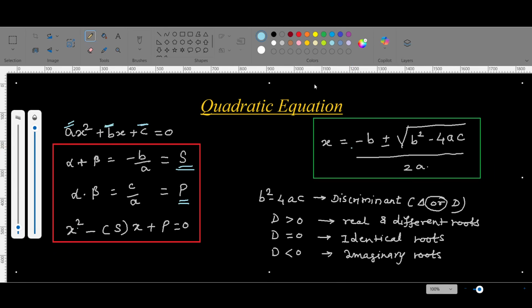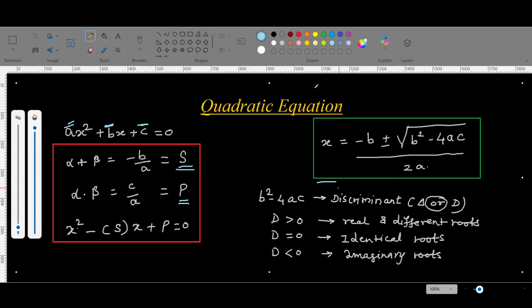In this formula, we use x equals negative b plus or minus root over b squared minus 4ac, divided by 2a. This plus or minus sign indicates that the square root of any positive number is positive or negative, and therefore we write plus or minus. The term b squared minus 4ac is known as the discriminant